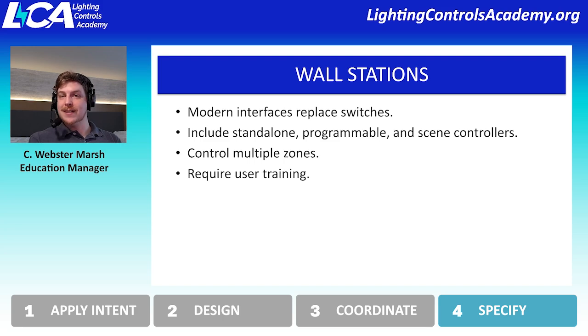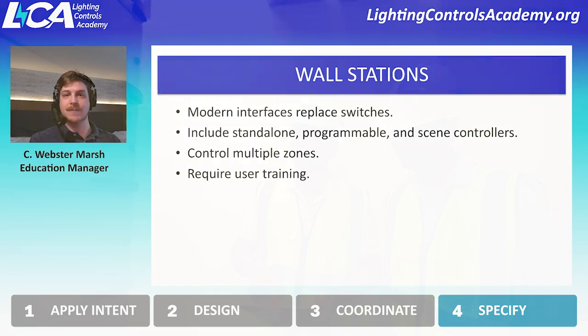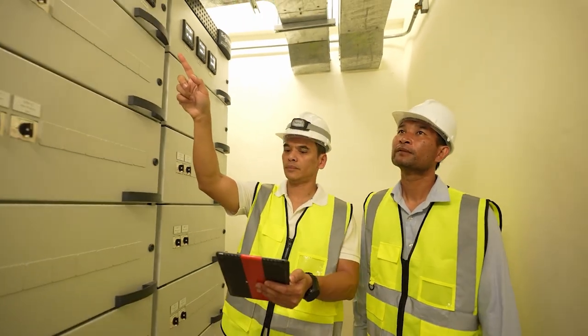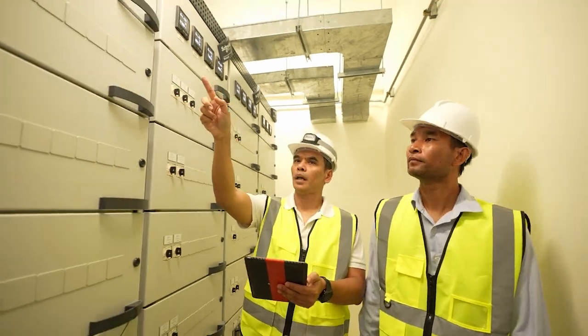But as with anything that an end user might need to interact with, there's going to be training required so that the end users have that knowledge and awareness of how to use this device. Oftentimes, if the space is going to be used by a variety of different end users that you can't necessarily track down and train, you want to keep things simple for your wall stations. If it's a space that's going to be heavily used by one specific group, or even an individual who's responsible for that space, like a facilities manager or an operator, then you might look at more complex,